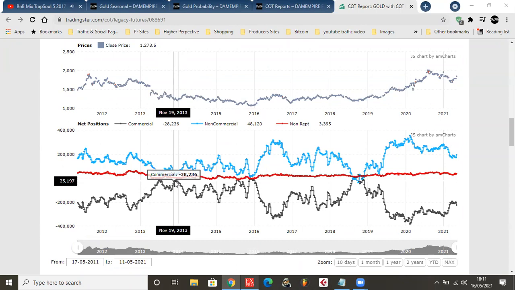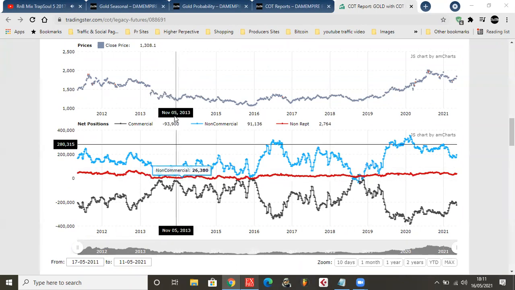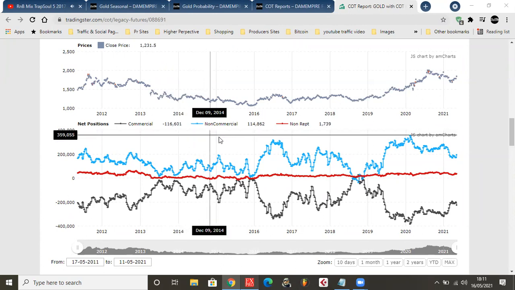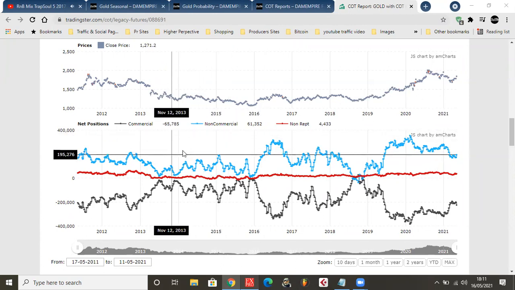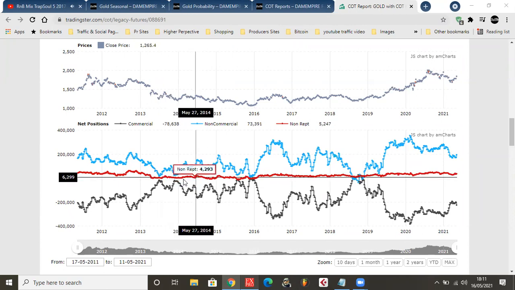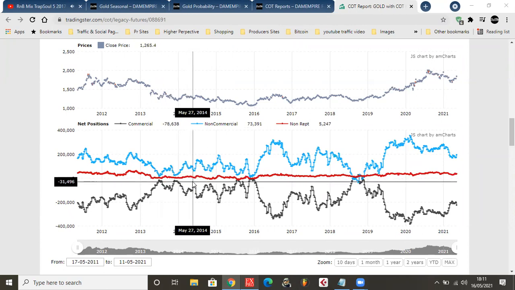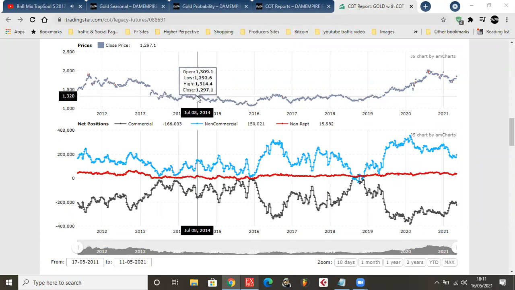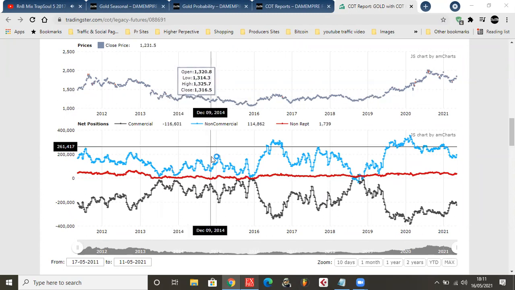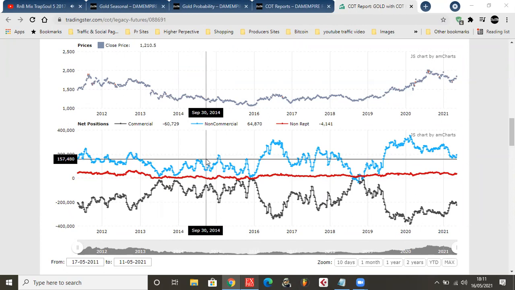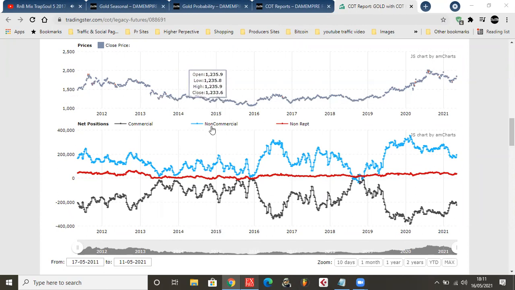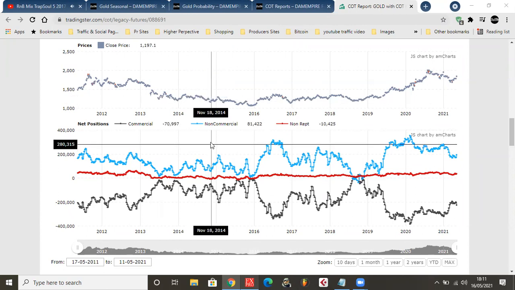Now let's look at the next peak right here. You can see not too long after that, price tended to move up. So basically, what we want to really bank on in this situation is when they get to the peak. Let's see another example. Right here, price tended to move up just a little bit, so at least that still gives us about 3 to 4 weeks of move. Let's look at here, for example. See when they're here, price tended to move up not too long afterwards. These are weeks, so it could move up for like 4 weeks straight. Sometimes it moves up a lot more, sometimes just a little.